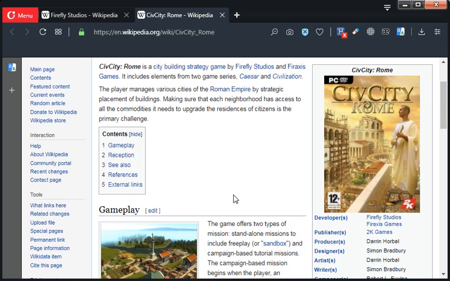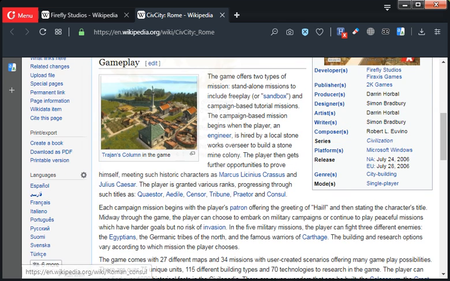the primary challenge. The game offers two types of mission: standalone missions to include free play, or sandbox, and campaign-based tutorial missions. The campaign-based mission begins when the player, an engineer, is hired by a local stoneworks overseer to build a stone mine colony. The player then gets further opportunities to prove himself, meeting such historic characters as Marcus Licinius